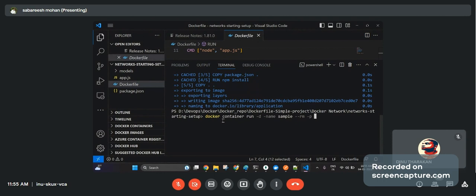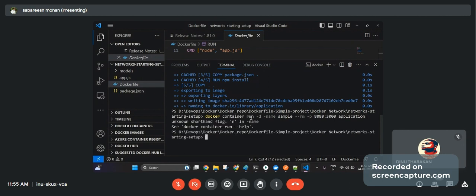And minus p to map the port. I'm going to map 8080 to 3000, since 3000 is where my application listens. Then I give my image name, application.